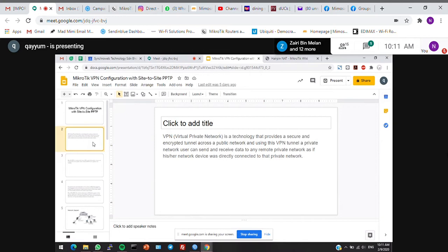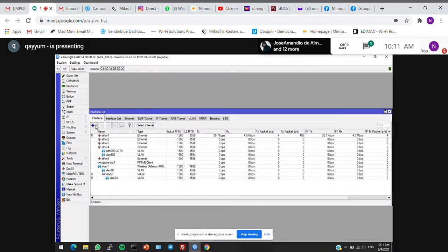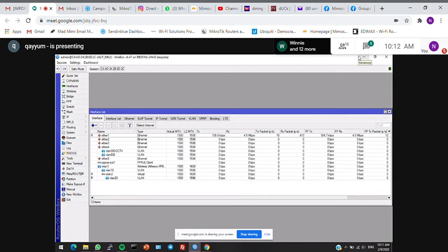There are a lot of VPN protocols commonly used. Usually people use the easiest ones, L2TP and PPTP. You can also go for more secure ones like SSTP, where you need a certificate. You can also use OpenVPN. In MikroTik, under Interface, you can see PPTP, SSTP, L2TP, so you can have a lot of VPN types in your network, depending on your requirement. But for today I just want to show you PPTP